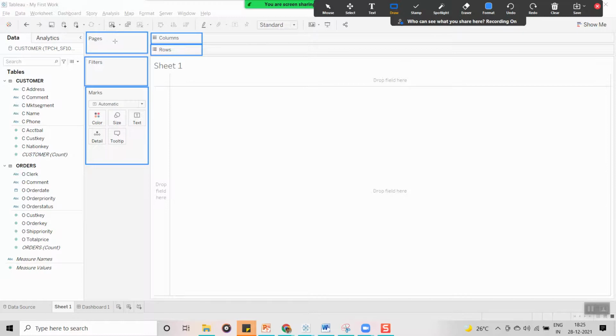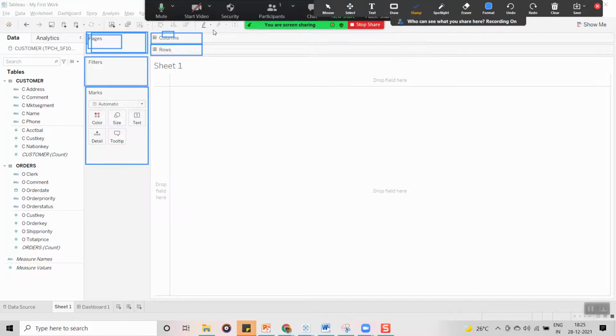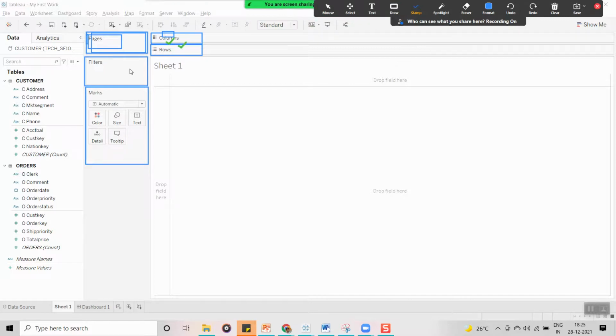You can ignore this one, but I will explain the concept, because if anyone asks in an interview, you should be in a position to explain it. Don't worry about the page shelf. The main important shelves are columns, rows, the filter shelf and the marks card; these four are very important.